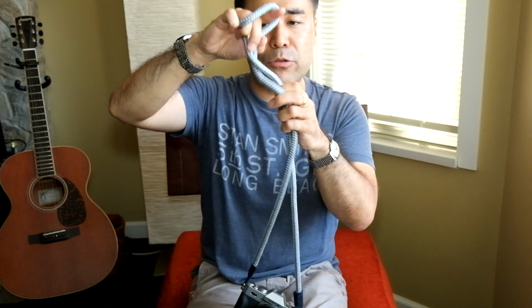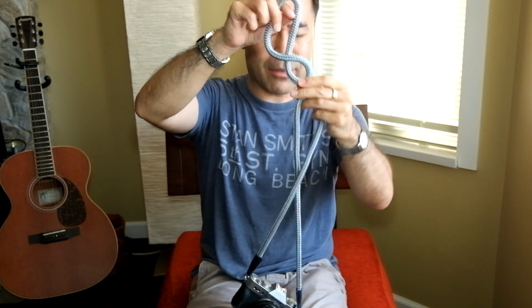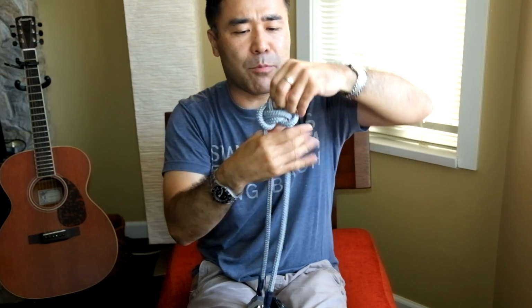And as you saw there, I'll do very quickly, if you do want to shorten this, you just do a figure 8 without having to take the strap off. Figure 8, I think it's called a butterfly knot. It's a nautical knot, and then you just pull it through, and there you go. So now it's shortened. Again, to me it's a perfect length when I put this knot on here, and it's kind of cool. You can do different types of knots, so if you like knotting things, then this is the